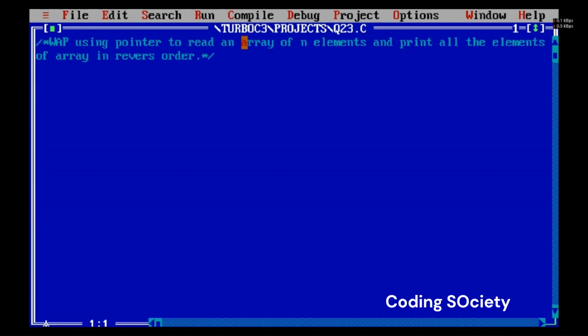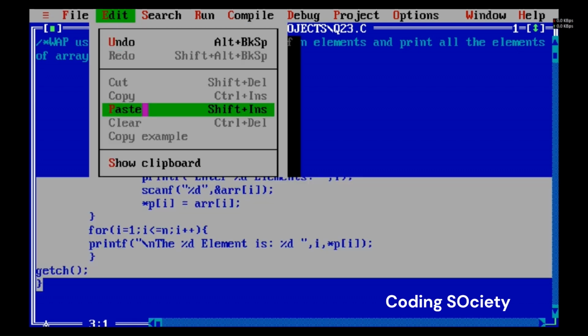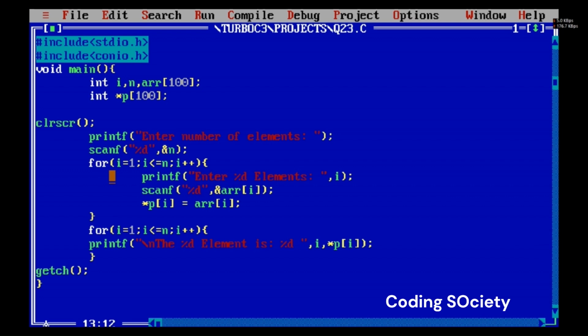The question is: write a program using pointers to read an array of n elements and print all the elements of the array in reverse order. This question is very similar to the previous question, so we just have to paste this code